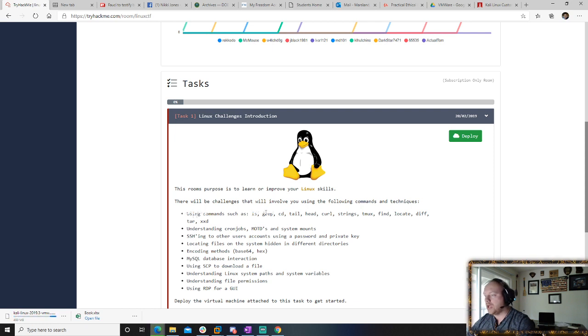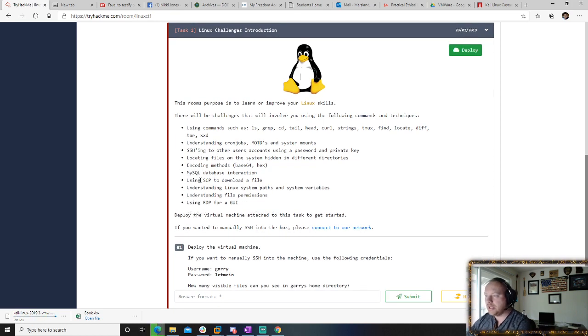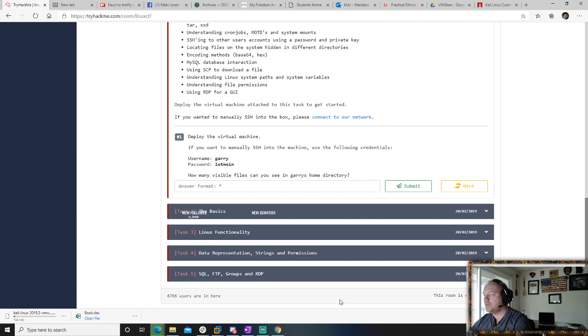Understanding cron jobs, message of the day, system mounts. SSHing to other users' accounts using password and private key, locating files on the system hidden in different directories, and encoding methods. SQL databases, using SCP to download a file, which is a great way of exfiltrating files off systems. Understanding Linux system paths and system variables. This will take us through these tasks.